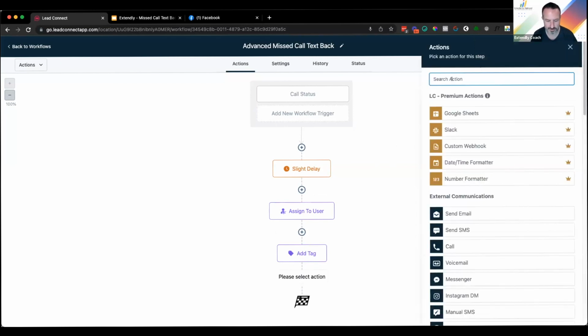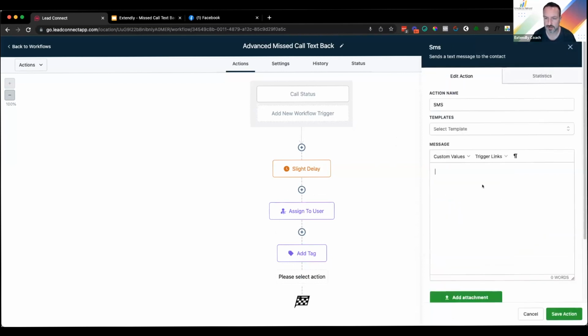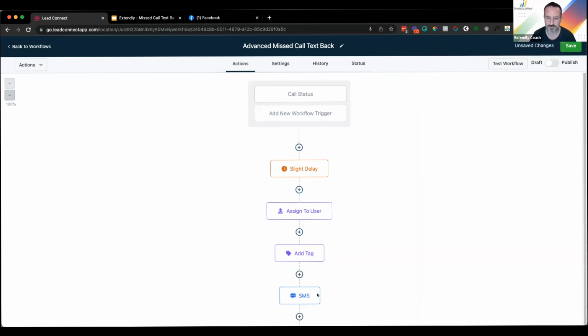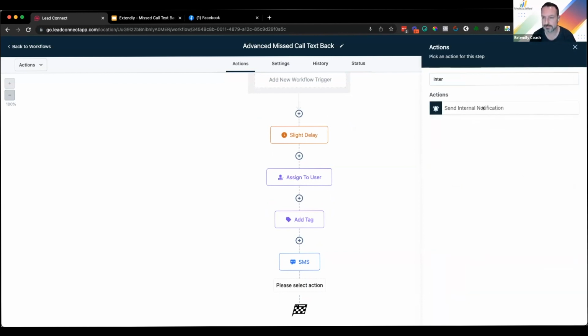Then we are going to send a message. So we're going to do that send SMS. Hey, sorry, we missed your call. How can I help? So again, customize it how you like. In this case, I'm going to do user first name. So basically, I'm just rebuilding almost the exact same